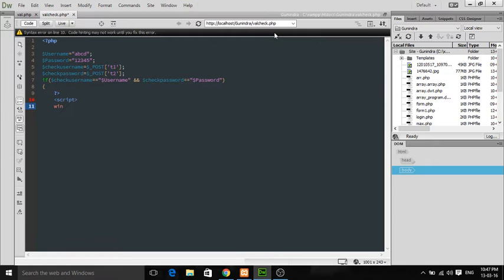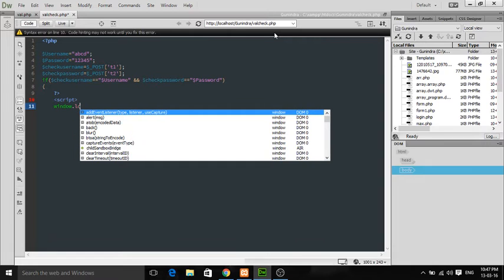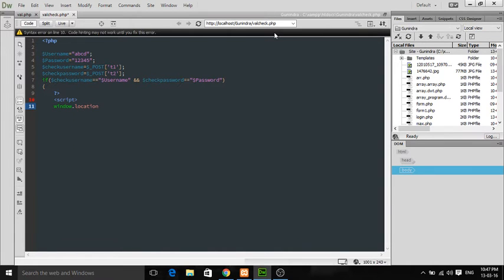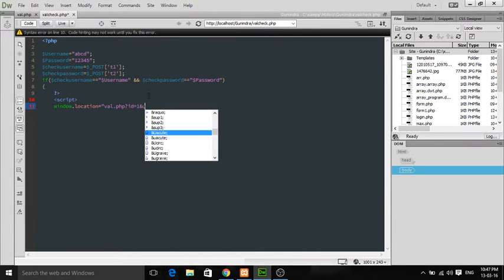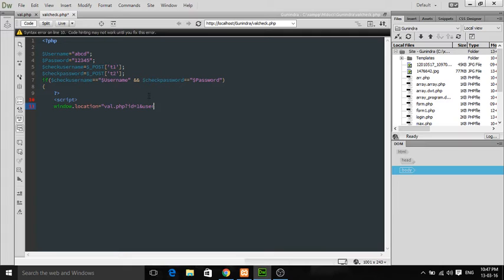Window dot location is equal to val dot php. We will be redirecting it to val, so we are giving the val dot php, id is equal to 1 and user is equal to